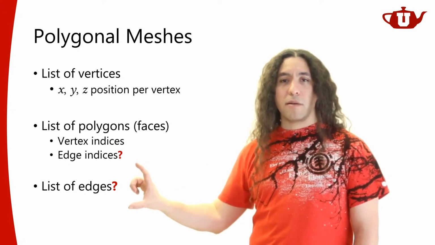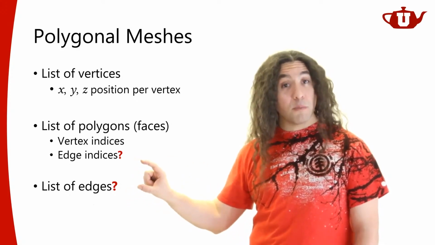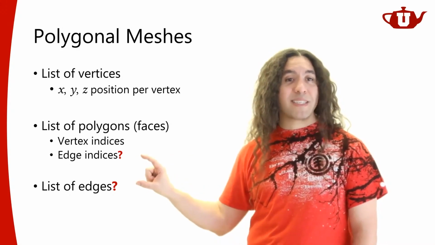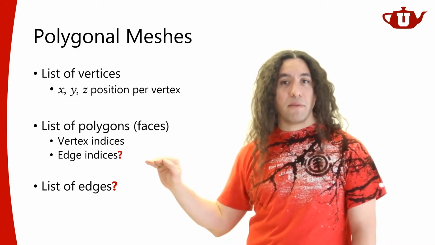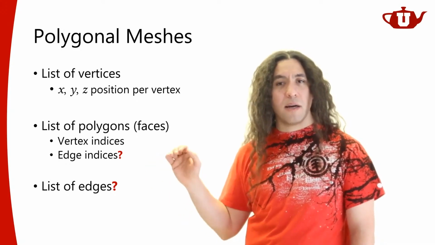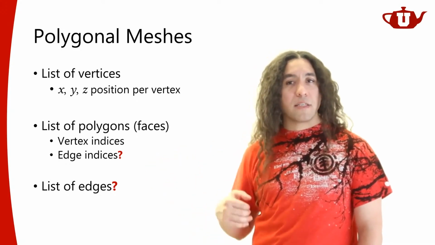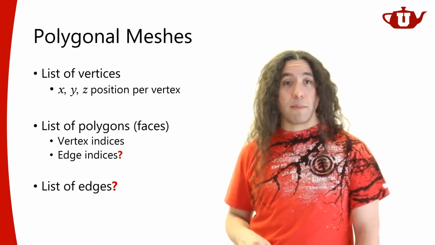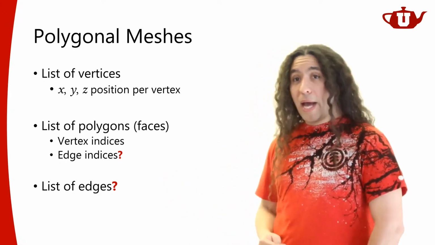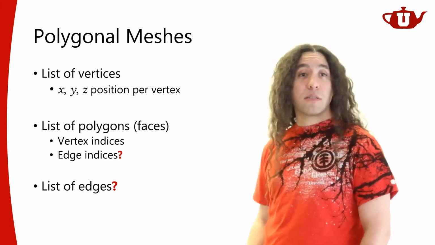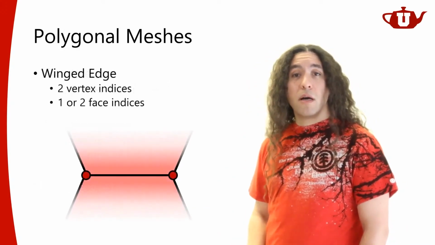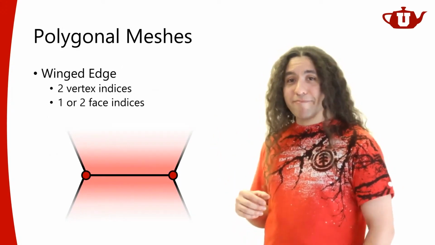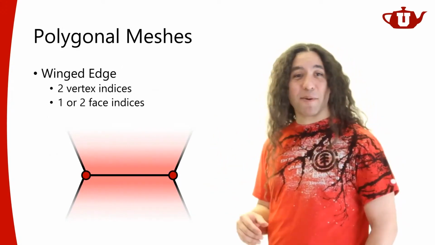So this part is not necessarily required, but for certain algorithms, it becomes very convenient to actually explicitly store a list of edges, edge indices, and the list of edges that contain the edge data. That might be very convenient for some applications. So sometimes we do store them. Actually, there are some famous data structures that are also mentioned in the book. For example, the winged edge structure. The winged edge is like an edge with wings. Think about it that way.